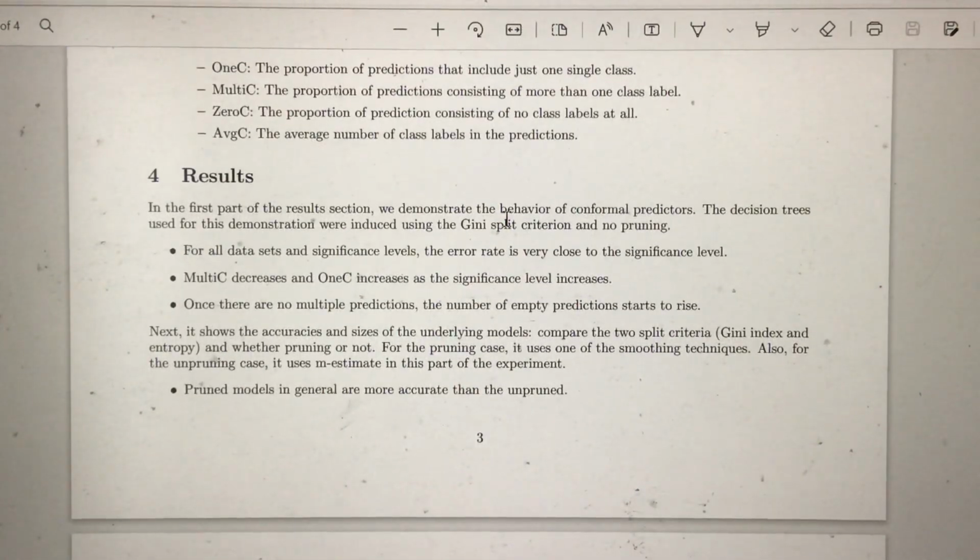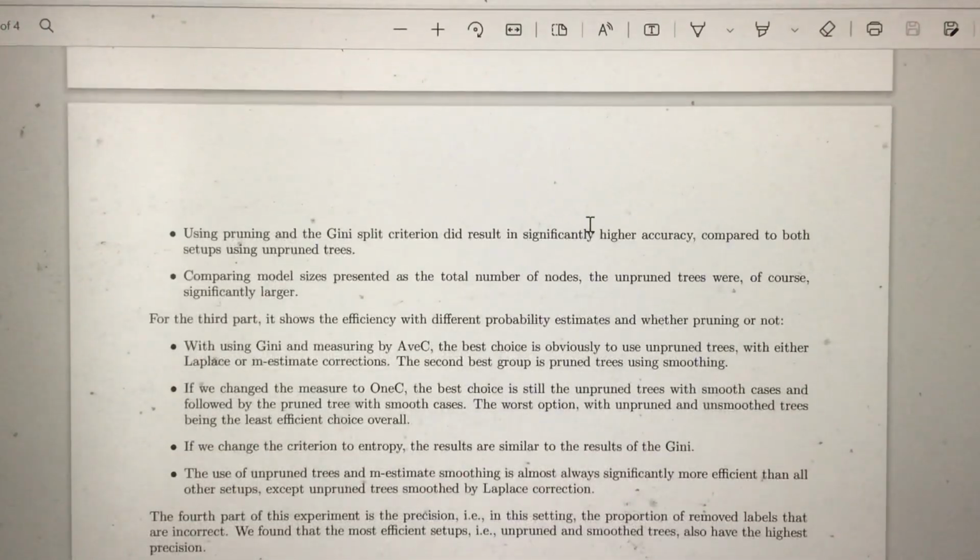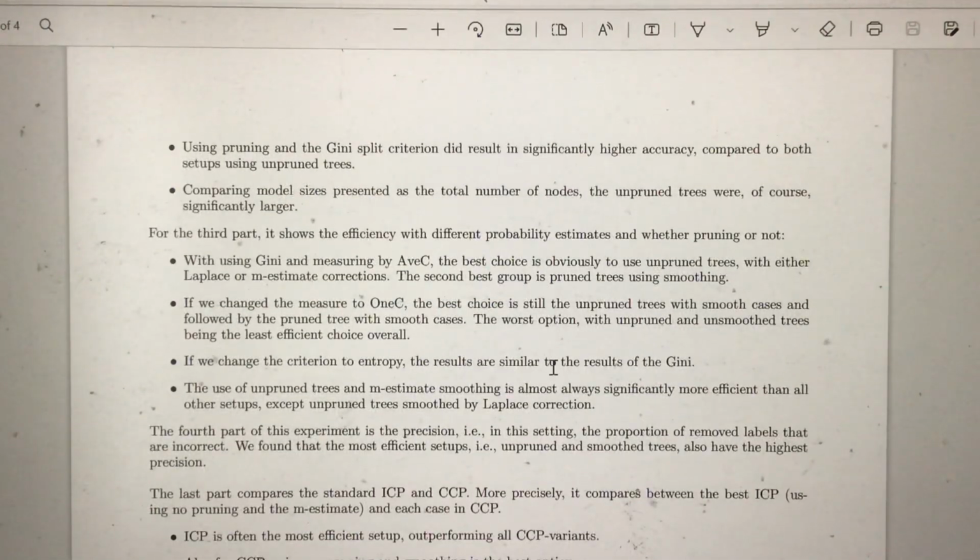So the pruned models actually have a better coverage. And using a prune in a Gini split situation did result in significantly higher accuracy compared to both sets of using unpruned trees. And also, comparing model size presents us the total number of the nodes. The unpruned trees are of course significantly larger because